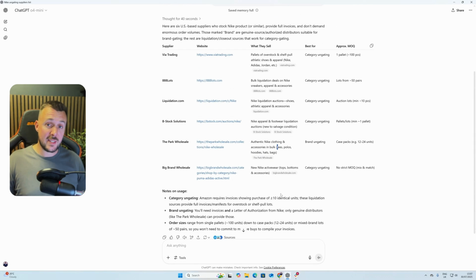And of course, Nike's just an example. Insert any brand or any category that you would like to get ungated for. So that's the third one: ungating suppliers to help you get ungated faster, saving all the research. And then the fourth one, before I show you how to automate all of this, is creating a seasonal product